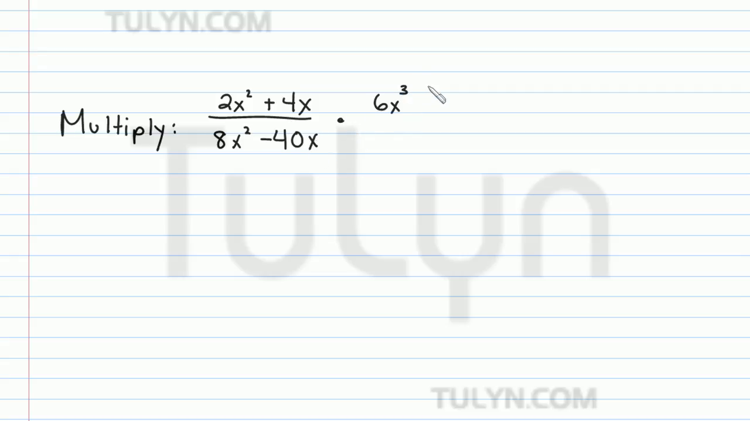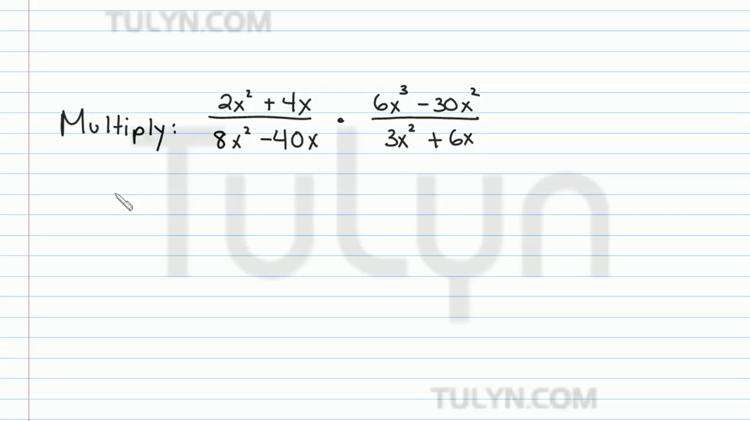Multiply the following rational expressions. So for the first one, we got 2x squared plus 4x over 8x squared minus 40x, times 6x cubed minus 30x squared over 3x squared plus 6x. So the first thing I want to do before I combine these is I want to factor anything